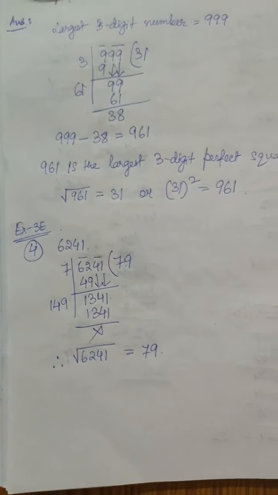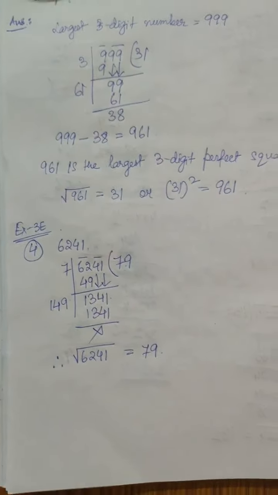Now moving on to the next sum from this exercise. Next I have taken sum number 10, which is a 5-digit number, 17956. So 5-digit number, we start dividing from here. So 2 numbers, then 2 numbers, then 1 number. For dividing this, first we have 1 as the selected number. So 1 into 1 gives us 1. So what is left? 79.